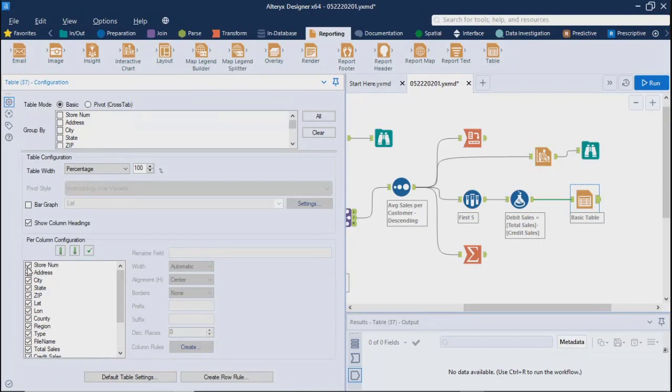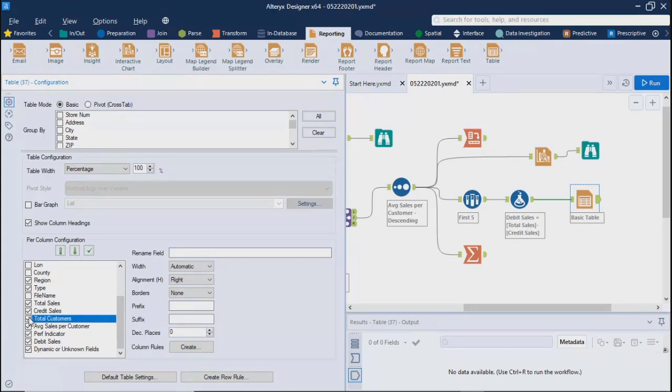Simply the headers of your particular table. So I want to create columns: store number, address I want, city I want, state I want, zip I want, latitude and longitude I don't want, country I don't want, region is fine, type is fine, file name no, sales okay, total customers, credit sales, that's fine.